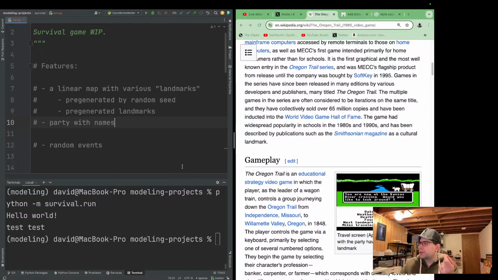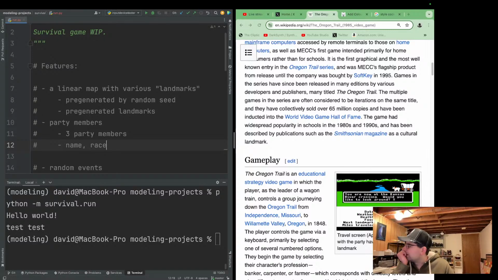In my game, I think without adding a lot of complexity, we can add some roles to the party members. I was picturing three party members, and each person has a name and maybe a race.